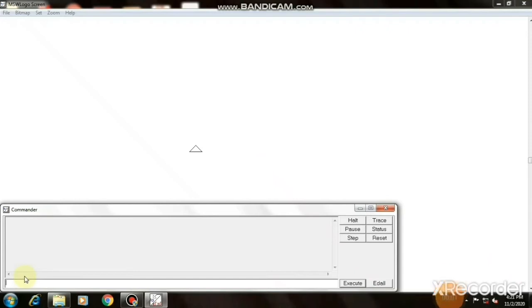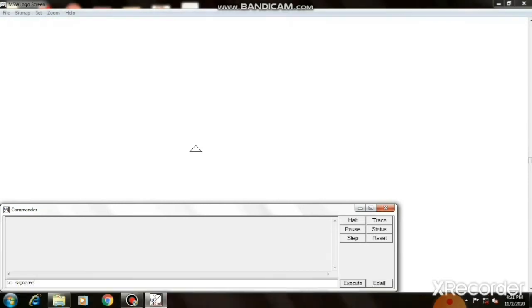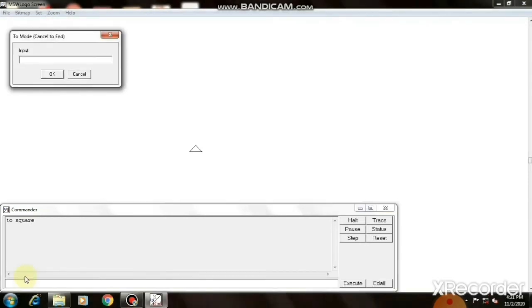Now we are going to see how to create a procedure. In our system, see children, first type the TO command. TO is the beginning command for a procedure. So, TO SQUARE. SQUARE is the procedure name. If you type this, automatically an input box will come. So type your command inside that box: REPEAT 4 [FD 50 RT 90].